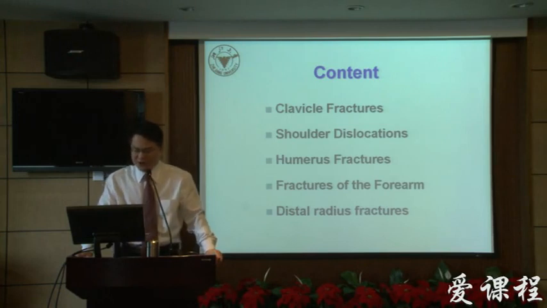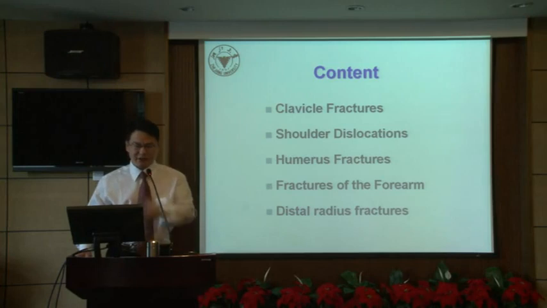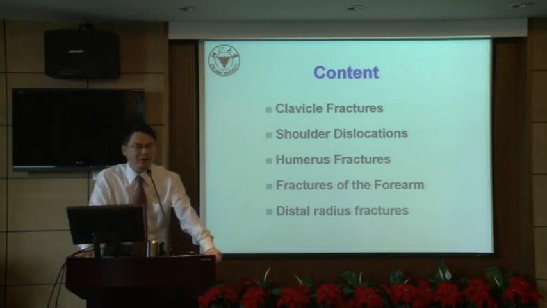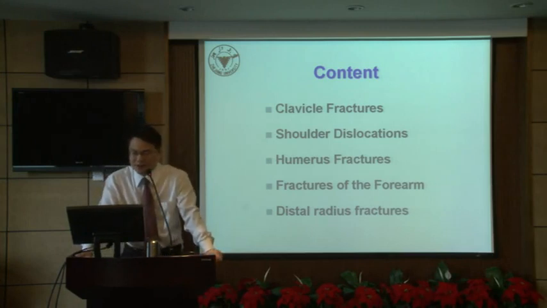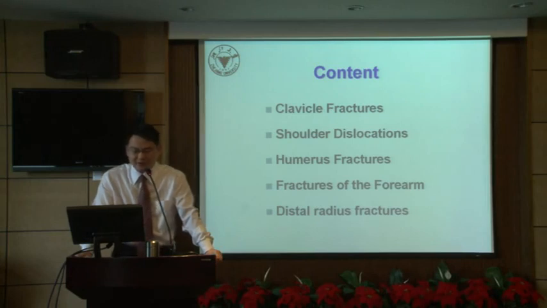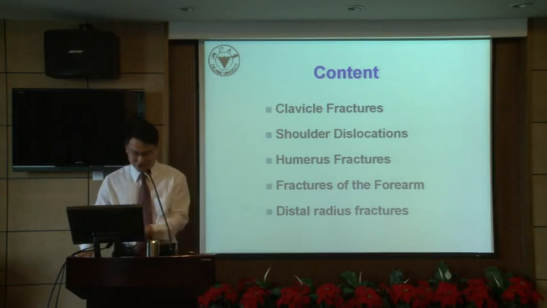Actually, the upper limb starts from the clavicle down the shoulder, elbow, wrist, and to the tips of the fingers. There are quite a bit bones and joints. Due to the time limitation, I just wanted to focus on the following 5 sections as listed here